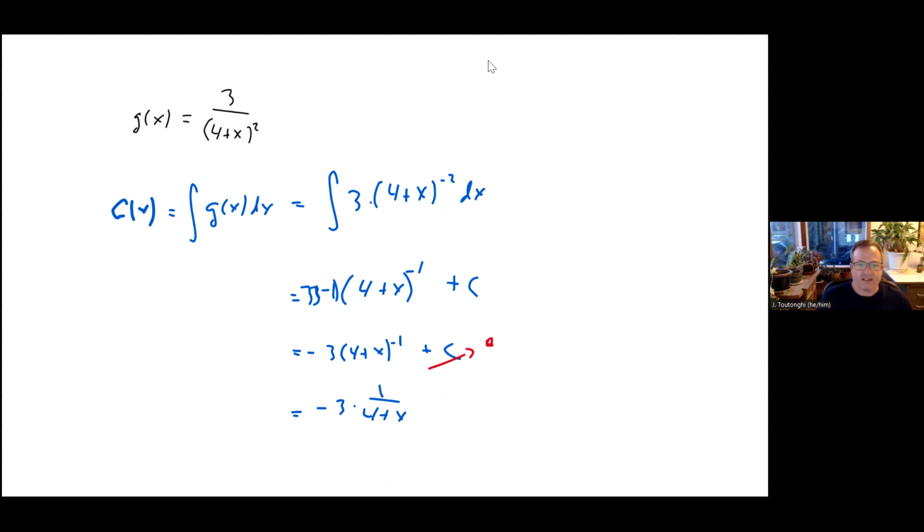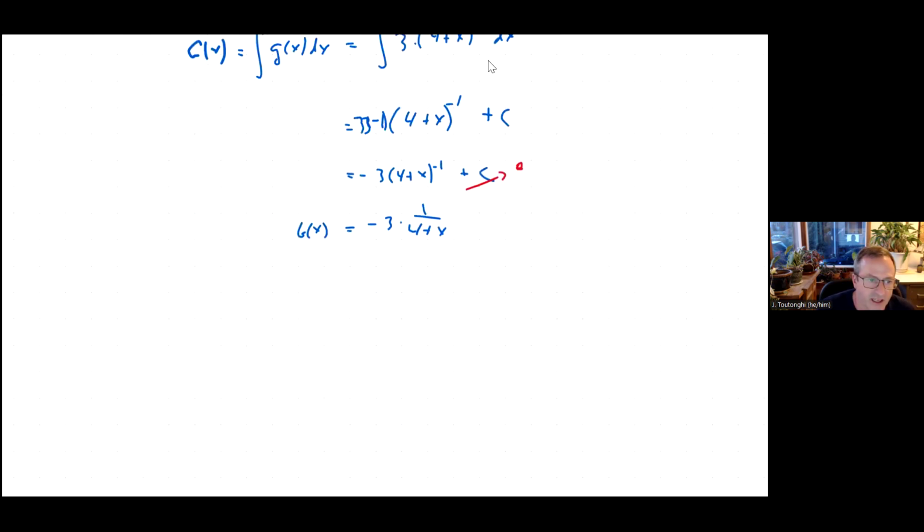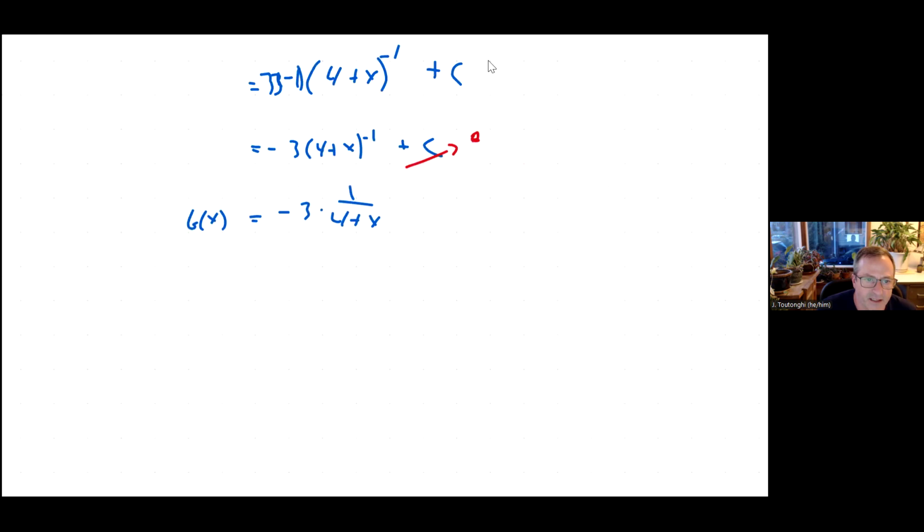And the next part asks us to find the power series representation of that. So to do that, we need to remember that we want to get it in the right form. So I'll just draw a line here. Hang on to the next step. We're going to factor the 4 out. So I'm going to get negative 3 over 4 times the fraction 1 over the quantity